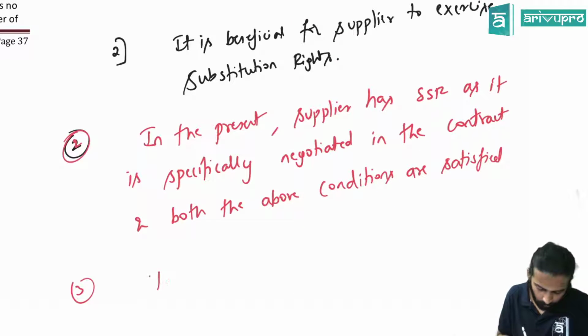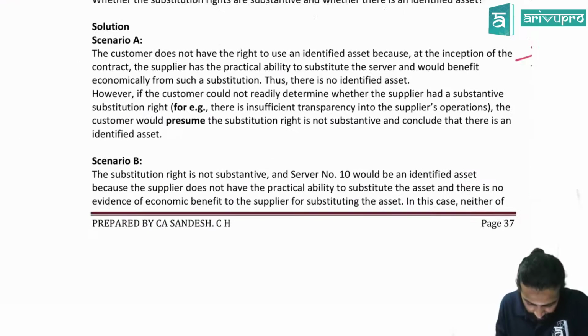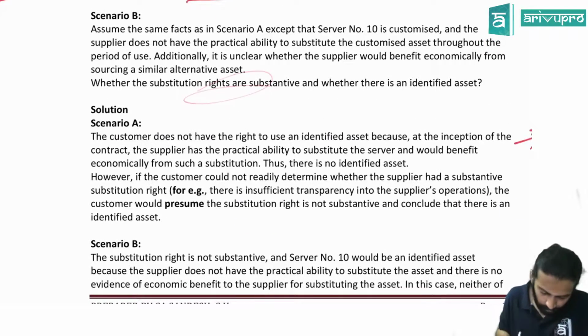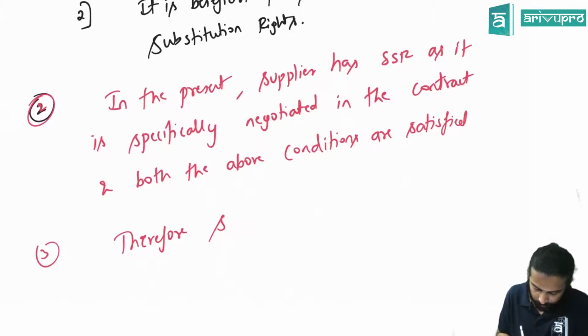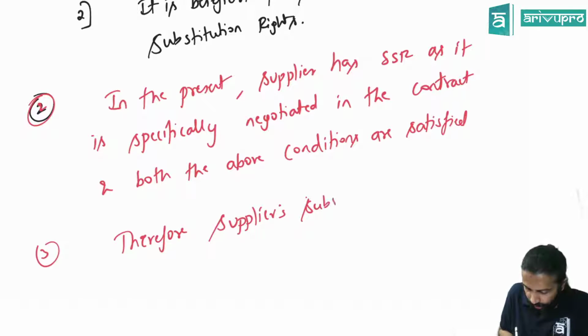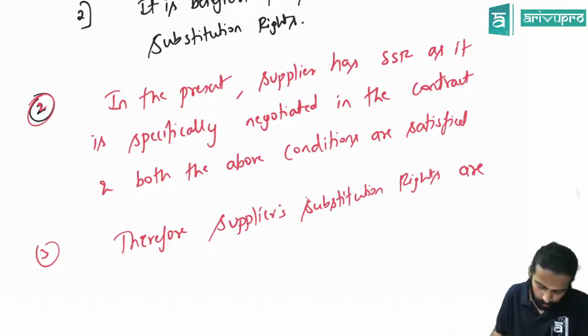Therefore, they asked whether the supplier's rights are substantive. Therefore, substitution rights are substantive. So you can write supplier's substitution rights are substantive